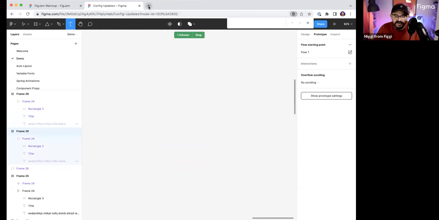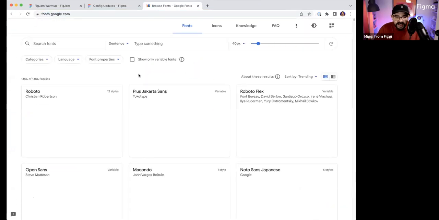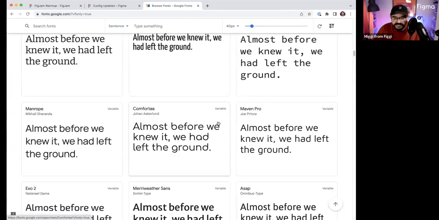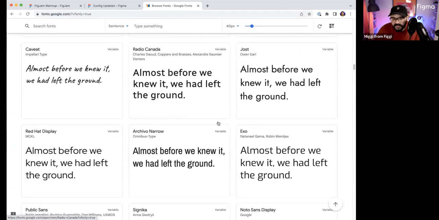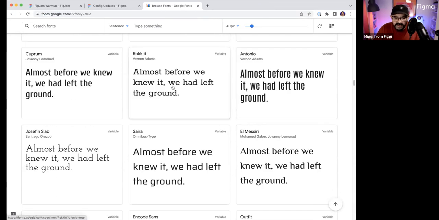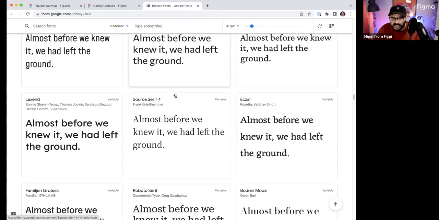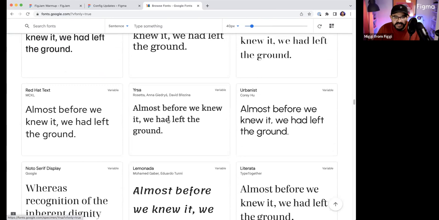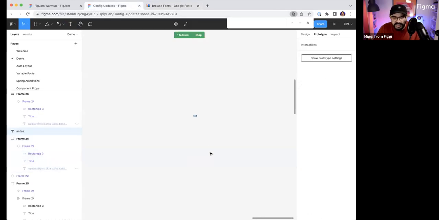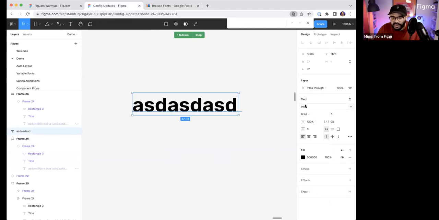So we actually have, if you go to fonts.google.com and you just say show only variable fonts, you can see their list of just variable fonts that allows you to get different weights and values of the type that you're working with, and adjust it with a slider. So like, let's see, let's do Roboto Serif. So here I'm going to type in some text and let's choose